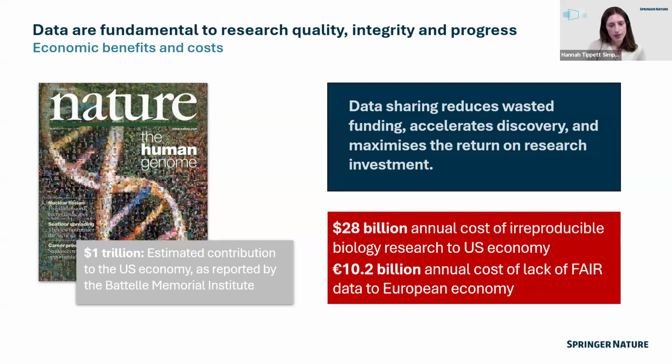And that openness had real-world impact. It accelerated the identification of disease-related genes. It enabled the development of new drugs, including treatments for conditions like advanced melanoma, and it also laid the foundations for pharmacogenomics. So the economic return on this has been pretty enormous. According to the Battelle Memorial Institute, the Human Genome Project has generated over $1 trillion in economic impact in the US. And that's just in the US alone.